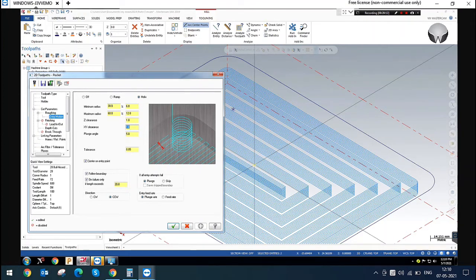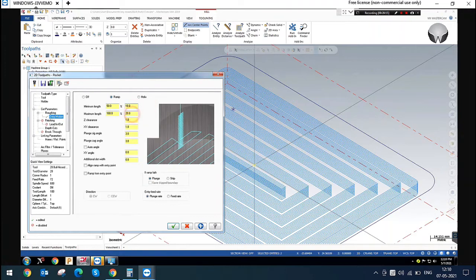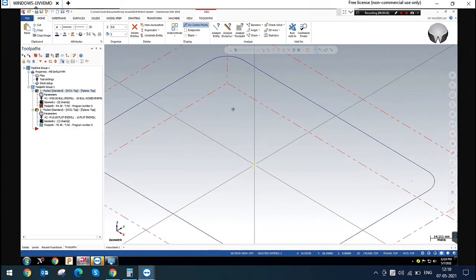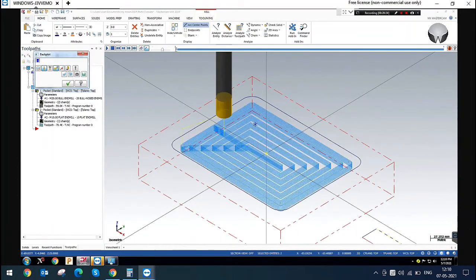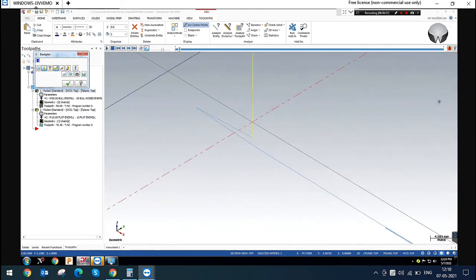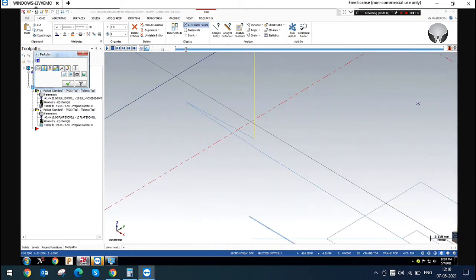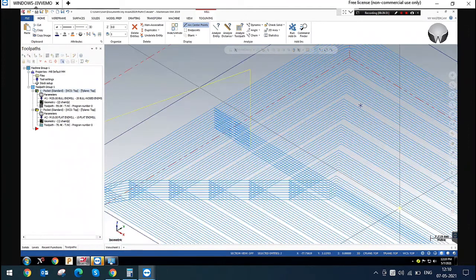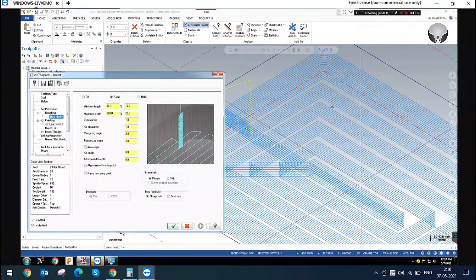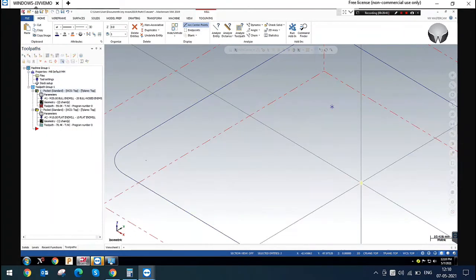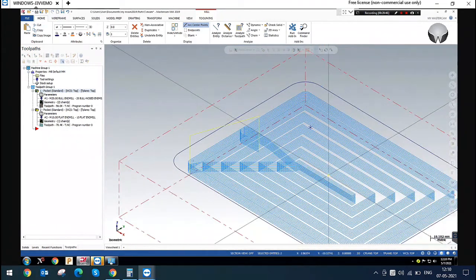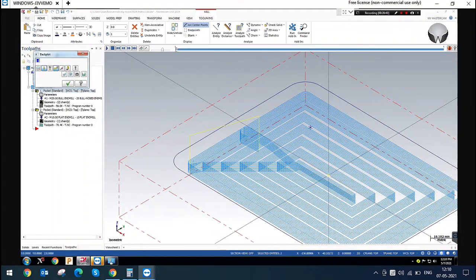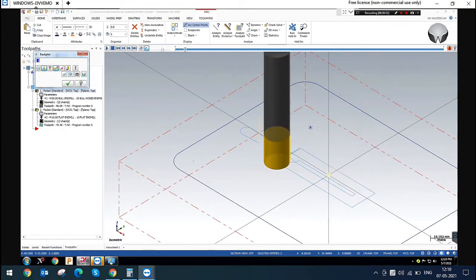Yes. Next, ramp. You can give the ramp here also. You can see the zigzag motion. This is a zigzag motion. And you can give the additional slot here also. I'm giving 10 mm. You can see it will be created as a slot. The ramp will be created as a slot. Yes, brother, is this understood?